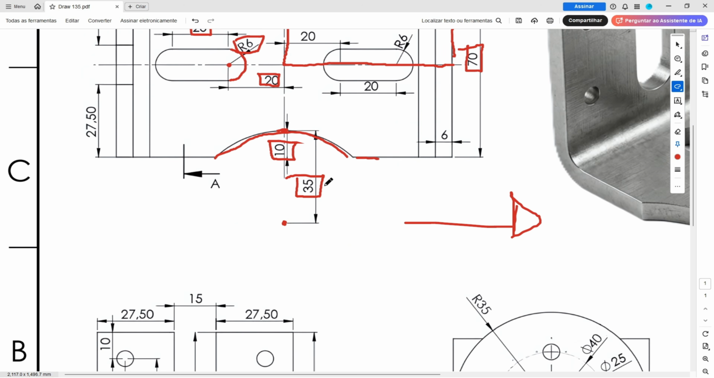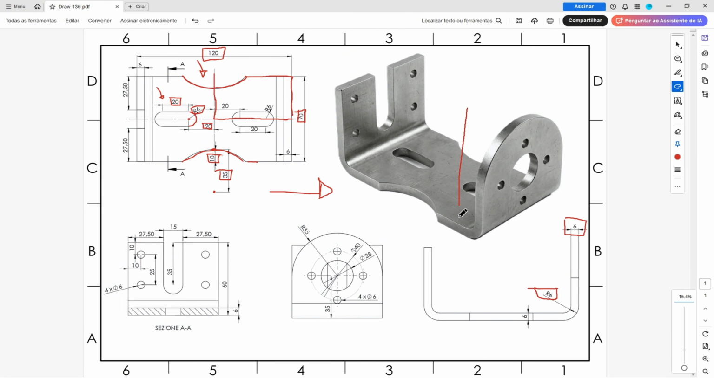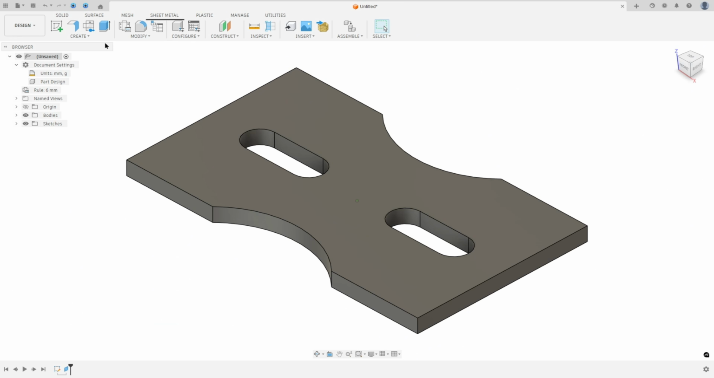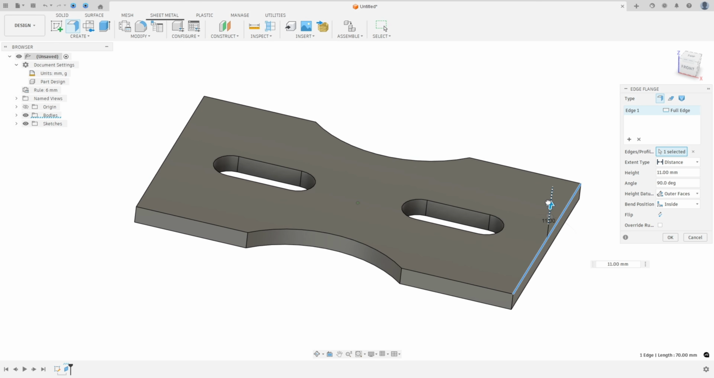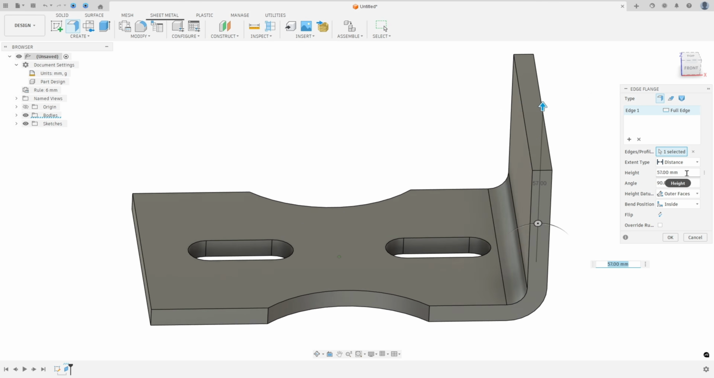And now we will make this flange here. And this flange, the distance between the base and this point here is 35 plus 35 millimeters. So go to Flange, select this edge here, move this a little bit. The distance here, 70 millimeters,